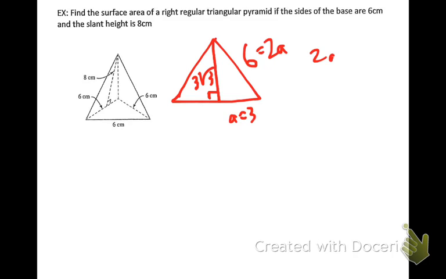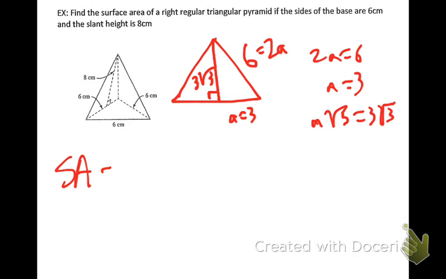Because we have 2a equals 6, a equals 3, a radical 3 equals 3 radical 3. Alright, so then to find the overall area of the pyramid, we're going to take the surface area. We do the base, the side that it's sitting on, which is 1/2 base times height, so that'd be 1/2 of 6 times 3 radical 3,